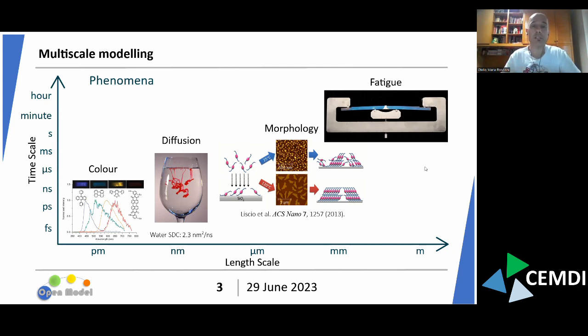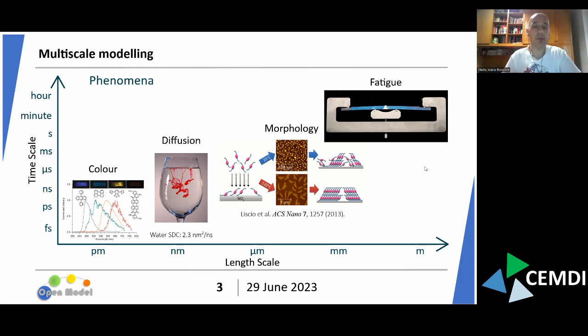We definitely need to describe the electronic structure to capture the behavior at this scale. But already we start looking at the diffusion of one molecule in another, like the self-diffusion of water or ink in water, a phenomenon with a length scale of